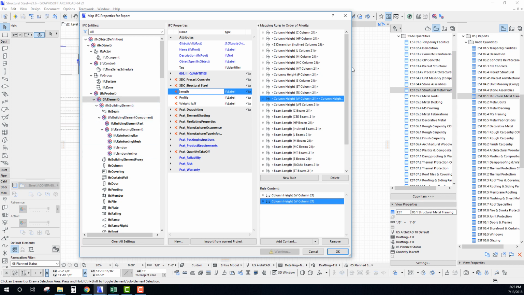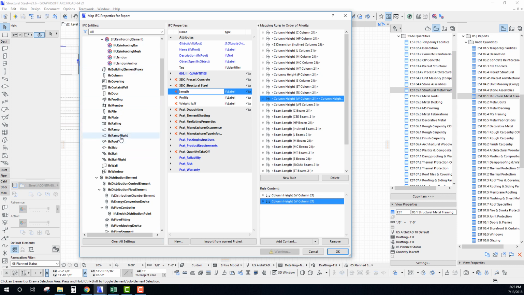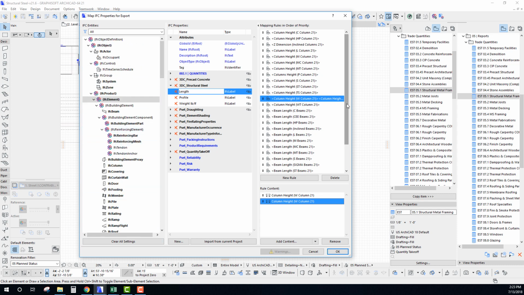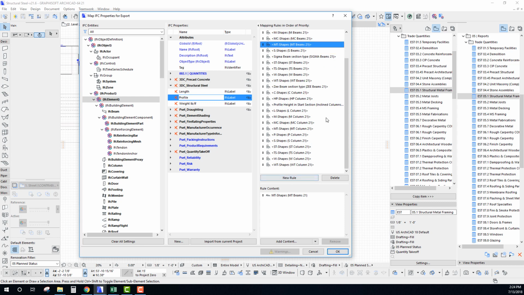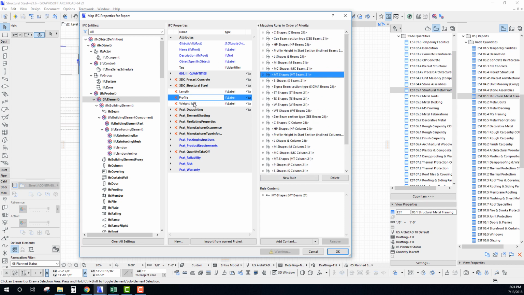for all different elements. That way it makes it available depending on if it's classified as a beam or a column or any of these other elements that might apply. So there we go, we have that in there. I'm going to remove that one because we only want the single length there. But under our profile, you can see here that we also have all the profiles picked out for each and every type of element, depending on if it's an L beam, an M beam, an S beam. So this is a way that you can take all these different parameters and consolidate it into one specific IFC